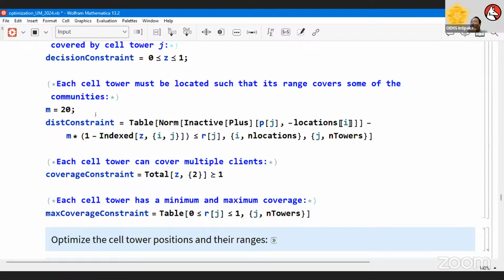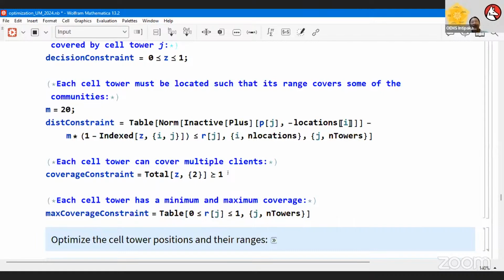The next constraint defines the number of communities a tower can cover. The system does not mind if some communities overlap. We do not purposely say each community must have more than 2 towers, but the system minimizes the cost.